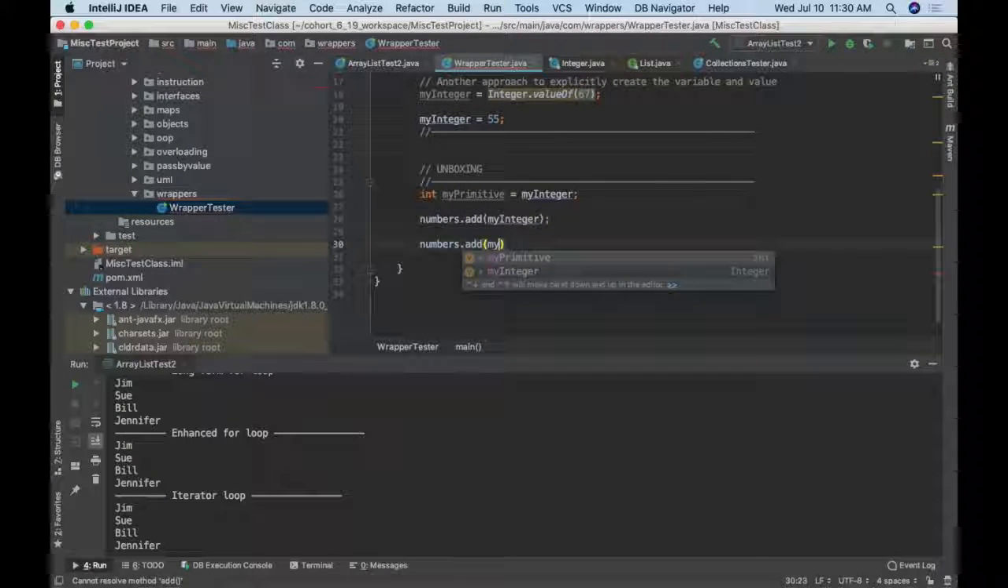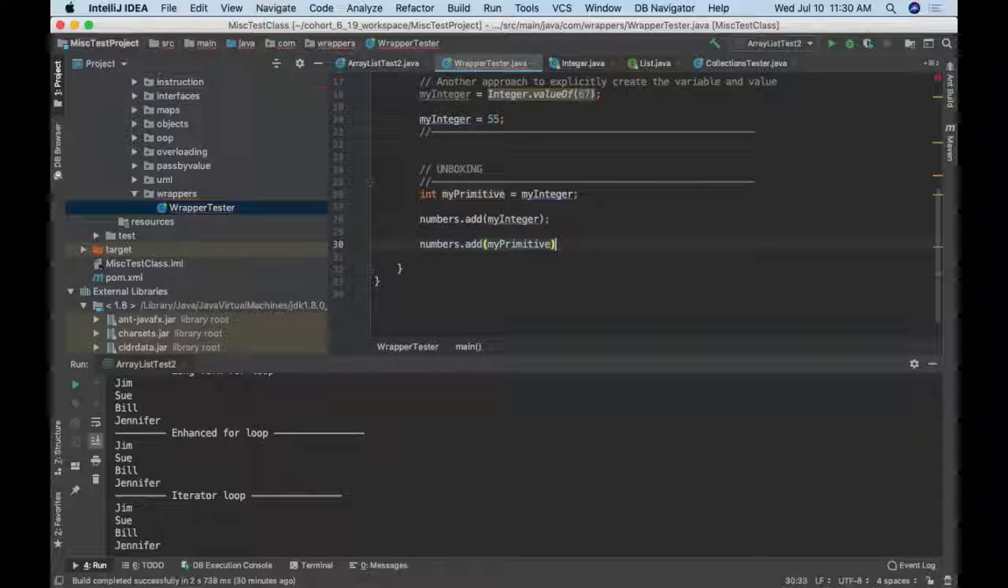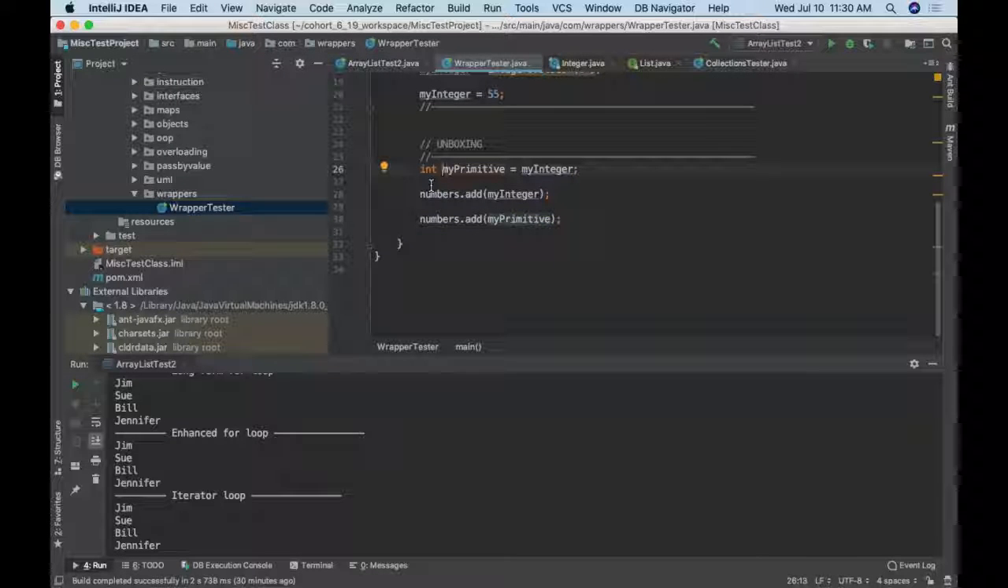what if I want to add my primitive? That will also work. And my primitive is defined as a primitive int. So if